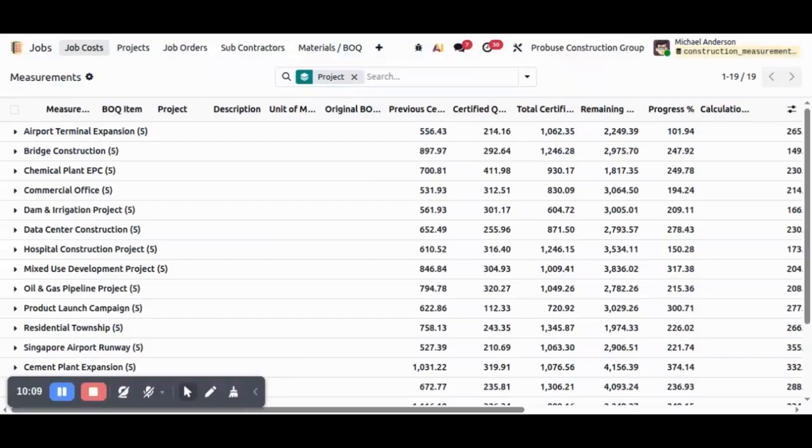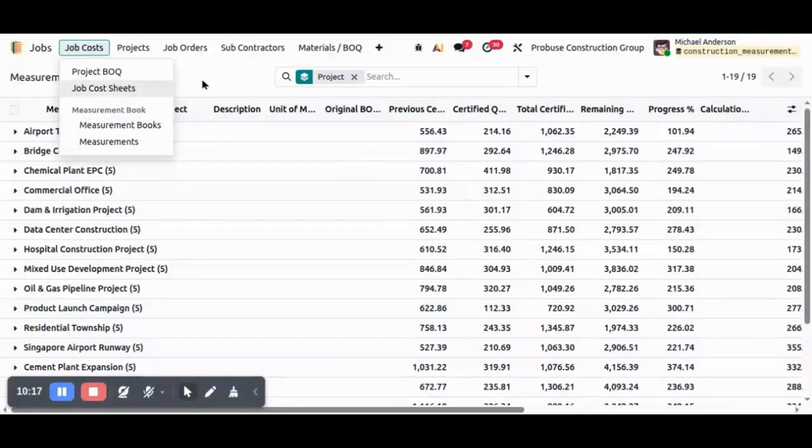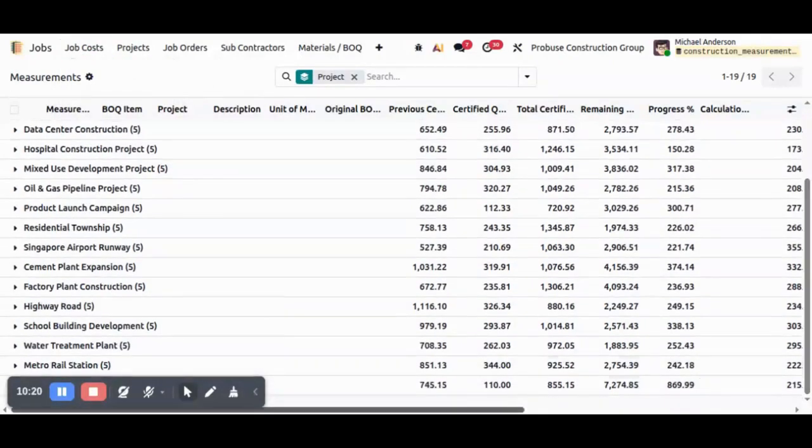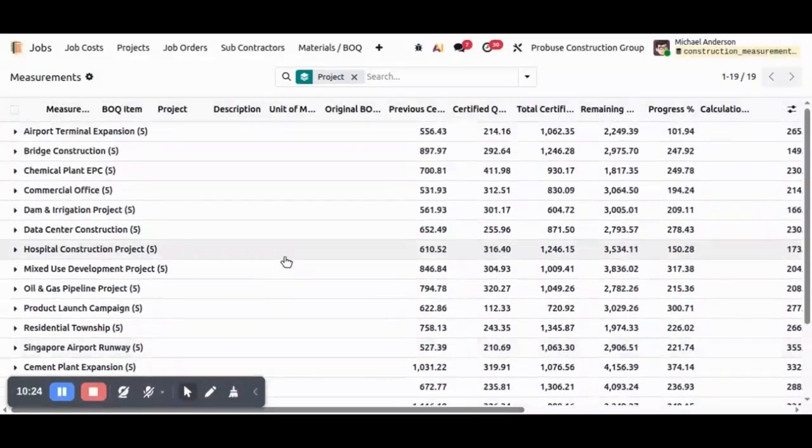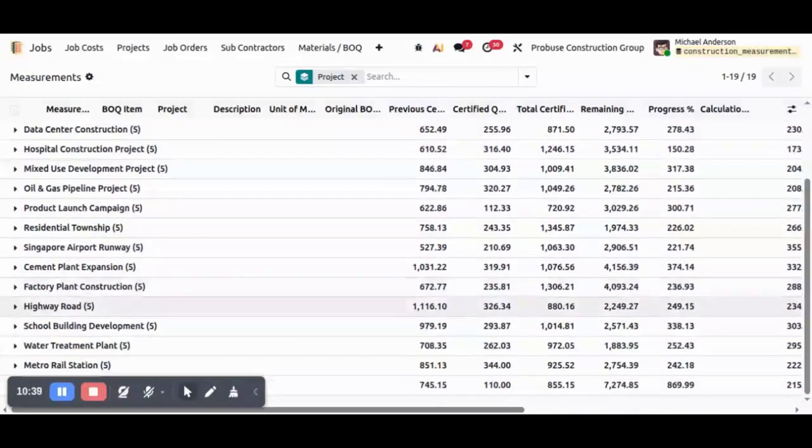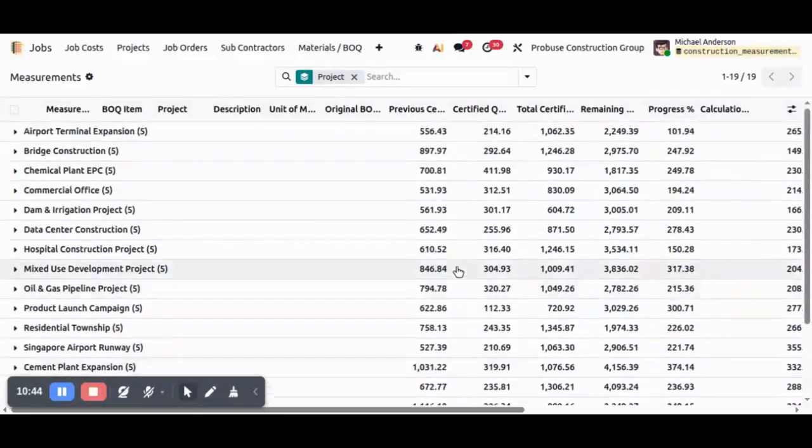This completes the functional demonstration of the Measurement Book Management module developed by Probuse Consulting Service PVT Limited. The application digitizes the complete construction measurement process, from recording site measurements and automatic quantity calculations to certification, approvals, project progress updates, interim payment certificate generation, and accounting integration, all within Odoo 19 Enterprise. By replacing manual spreadsheets with an integrated digital workflow, organizations achieve greater accuracy, complete traceability, faster approvals, improved project control, and a seamless connection between site execution and